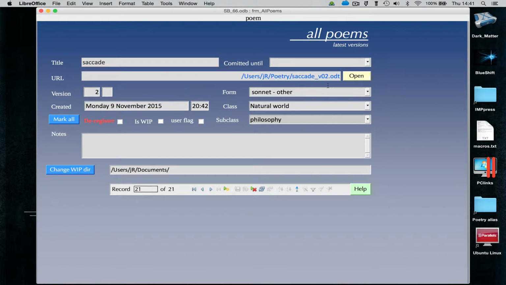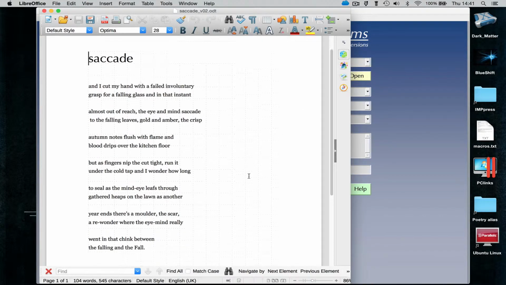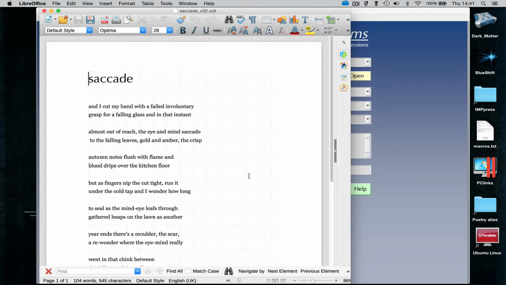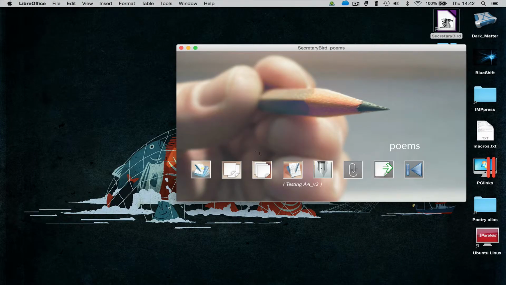Recognize the URL, and if I click on that, you should see, here's the poem, opened up in LibreOffice's Writer program, which is the equivalent of Microsoft Office. Notice the ODT extension. This is a writer document. And if you look carefully at the other one, if we look at the versions, let's see if we can find the versions by going here